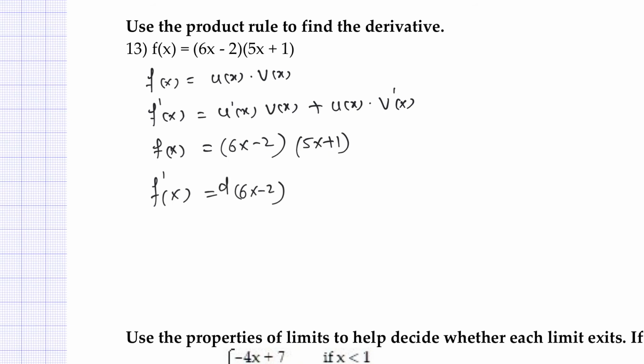So the derivative of the given function f prime of x is the derivative of the first function times the second function plus the first function times the derivative of the second function,